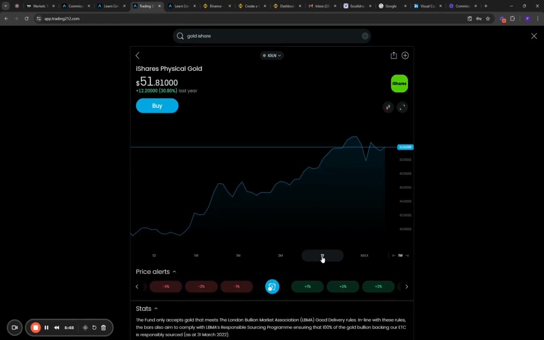As you can see here, if you go with one year, this is the safest haven for investors. Even during inflation or wars, you will see gold is always going higher. So I think this is a good thing. Let's assume that you don't have gold and you have your practice money, like $5,000, because you should start by testing it. Right now this is the price of gold. As you can see, it goes along with the actual pricing. It's not the same, but it's an estimate, aligned with the price of physical gold.